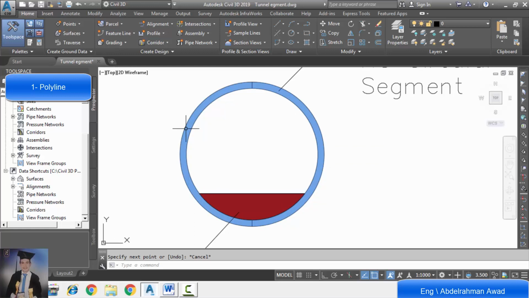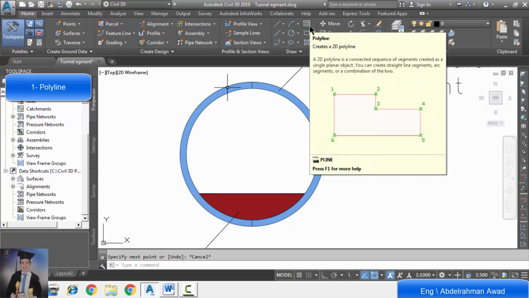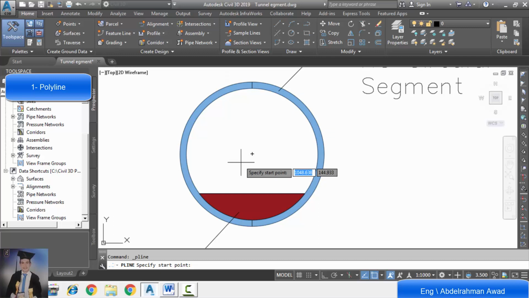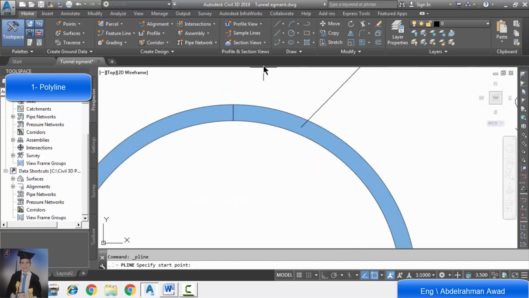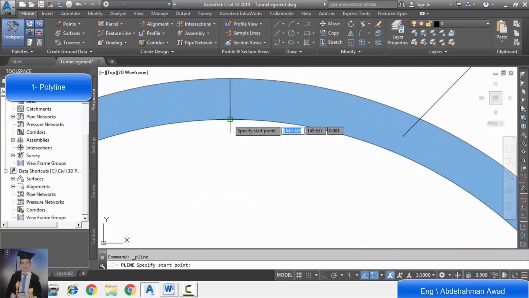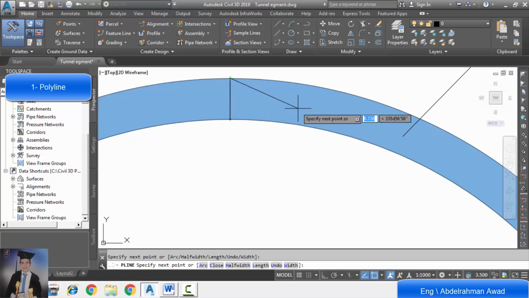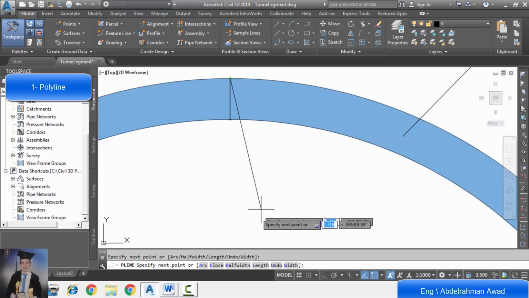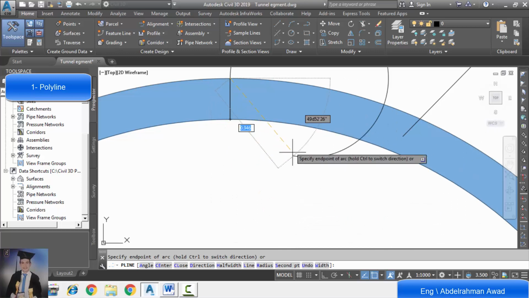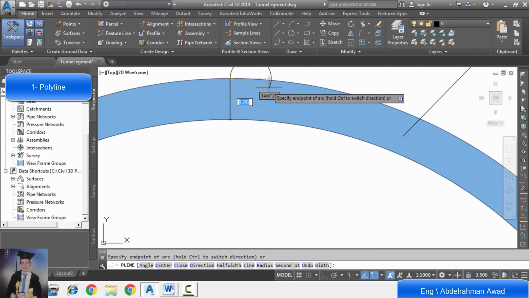We'll draw a polyline by arcs and lines. First, we'll use a line from the bottom to the top quadrant, and we will turn to arc. So we will type A or click on arc. The first point is defined.